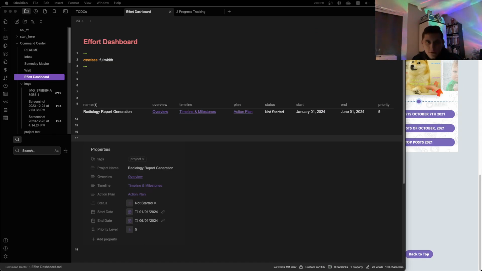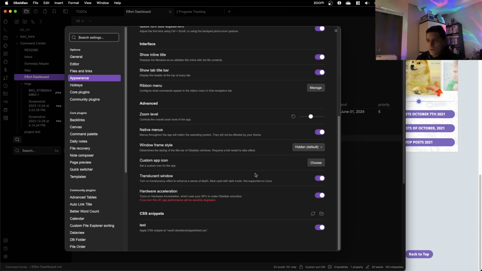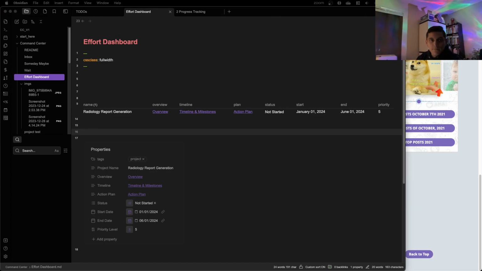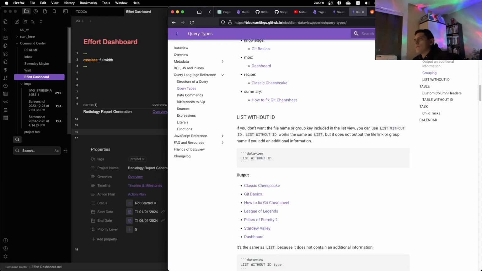Okay. So what can I do about this? Maybe don't even wrap it in body. Just straight up do the dash file. No, nothing. What the?